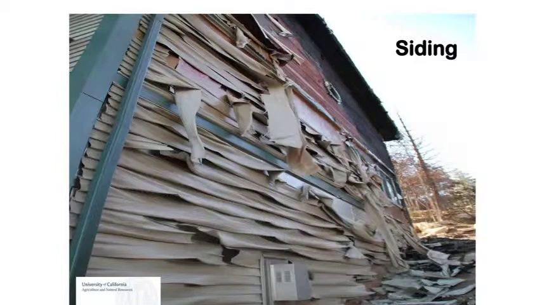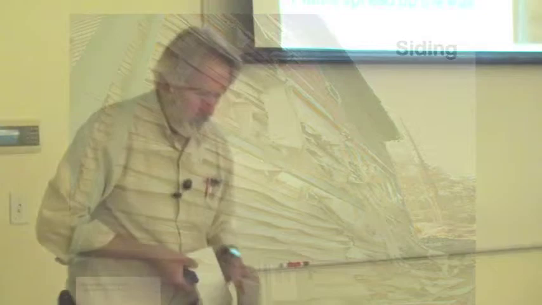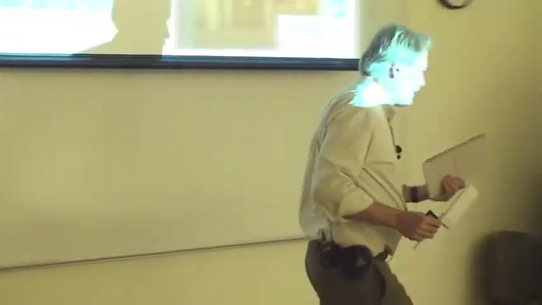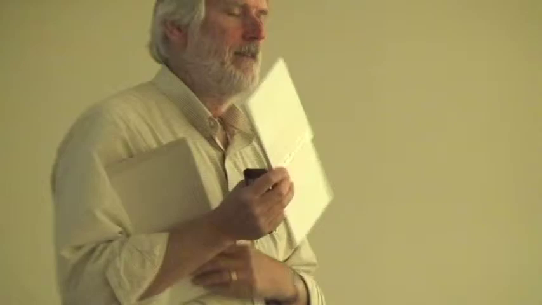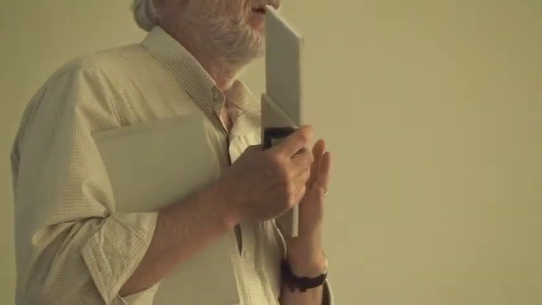So let's see. We have a couple of examples here. This is a shiplap joint, and a tongue and groove would be similar. You don't have a bump out as you might in a bevel joint at the lap, and so the more complicated joints like a tongue and groove or a shiplap resist penetration at the joint more than a plain bevel joint